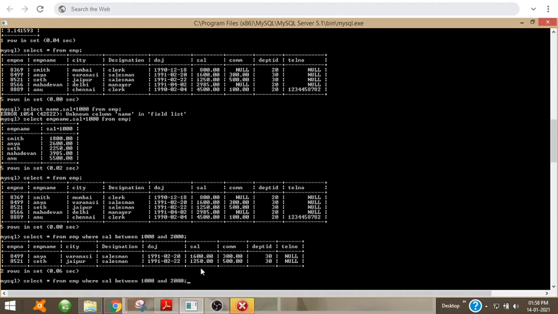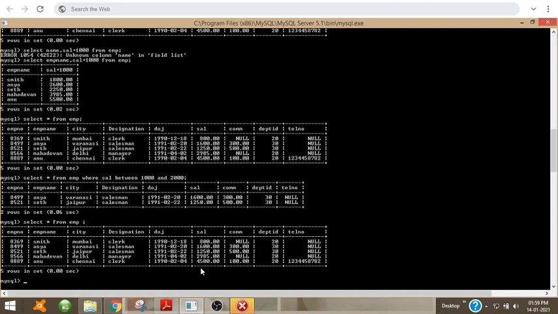The next operator we have studied is the AND operator.